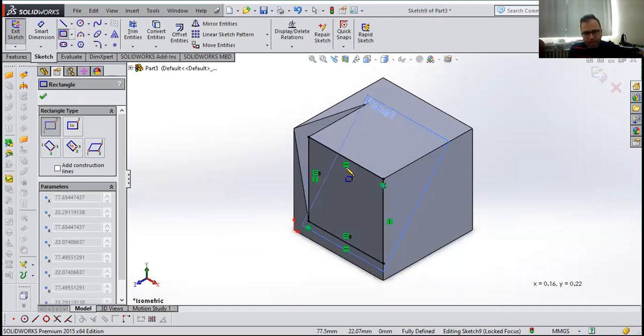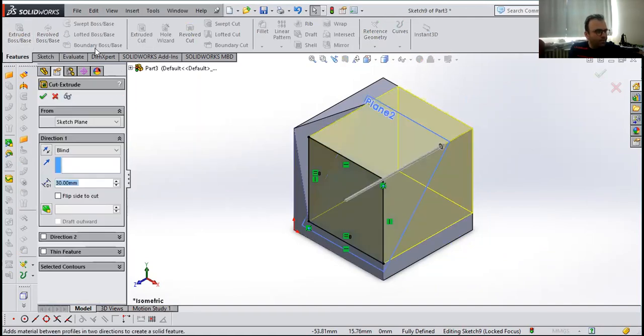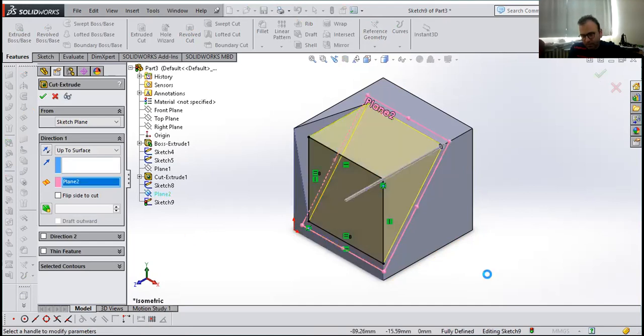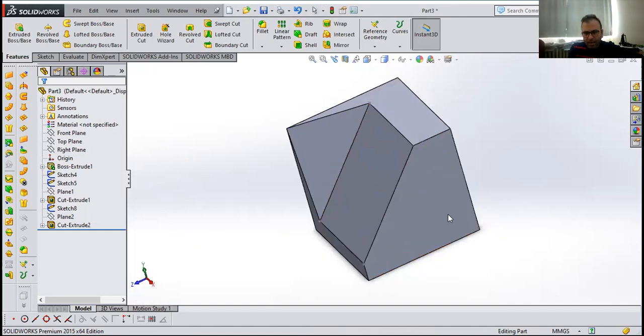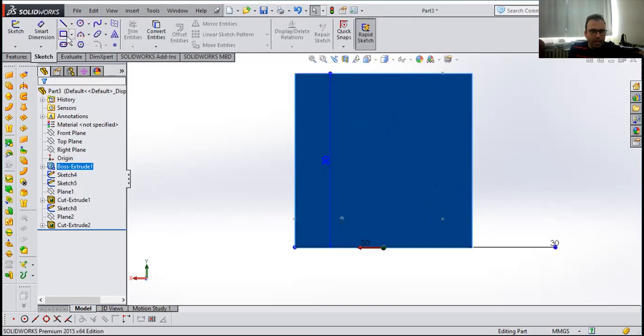It looks like this. Okay, now I am able to say cut extrude this part, all right, up to surface. With surface I have to select plane 2. Now let me hide my plane. I will be sure that the plane is passing through these 3 points. Also, this part is a little bit complicated and actually a little bit confusing, but we are able to develop this slope. Now I'm going back to this part, select this part here, and let's say sketch,